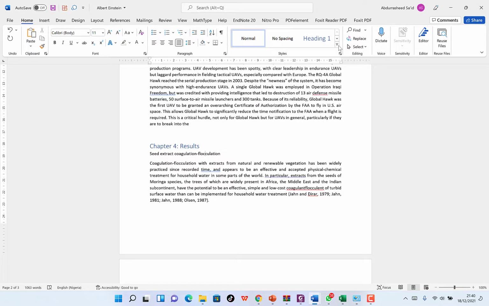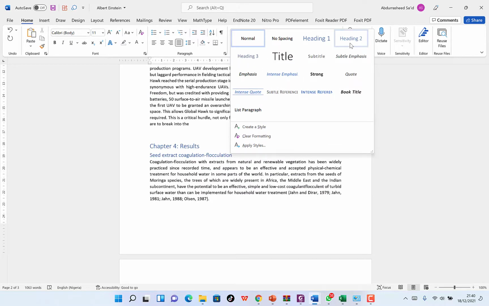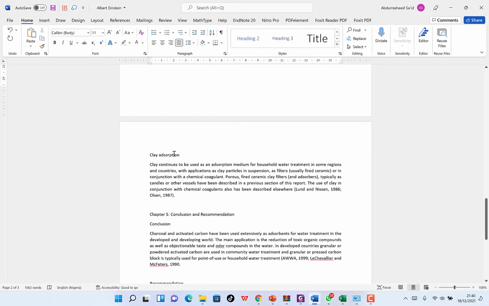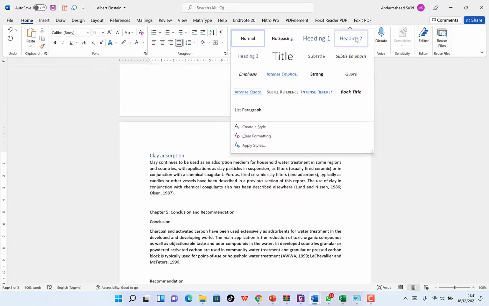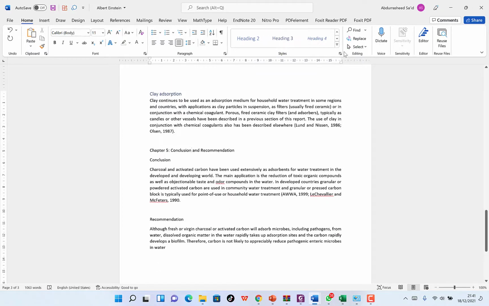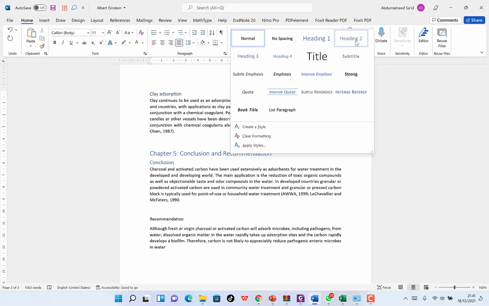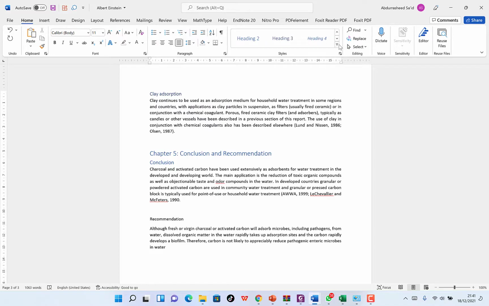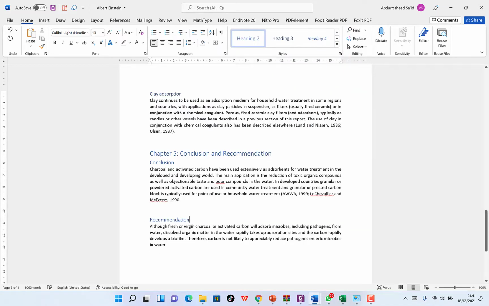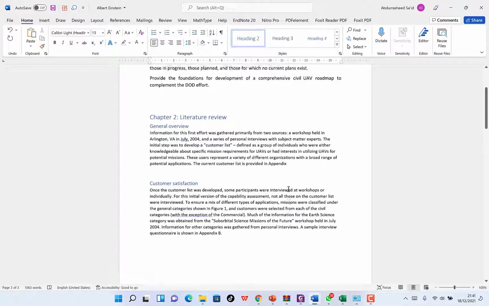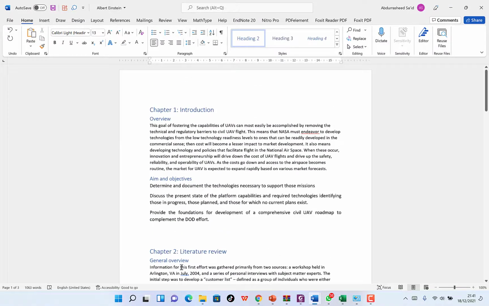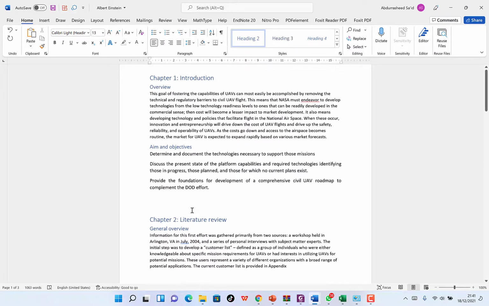The extraction can be Heading 2, and maybe we can have clear adoption as Heading 3. Let's just have it as Heading 3. And we can have chapter 5 as Heading 1 as well, conclusion as Heading 2, and recommendation as Heading 2 as well. So this is our document, just formatted. We've inserted the styles, so this becomes very easy